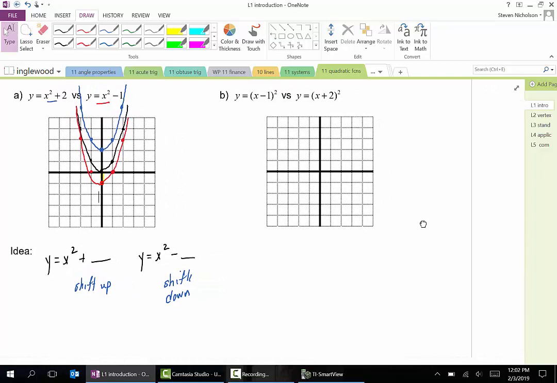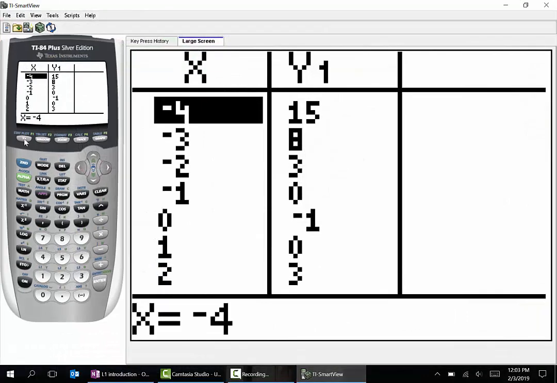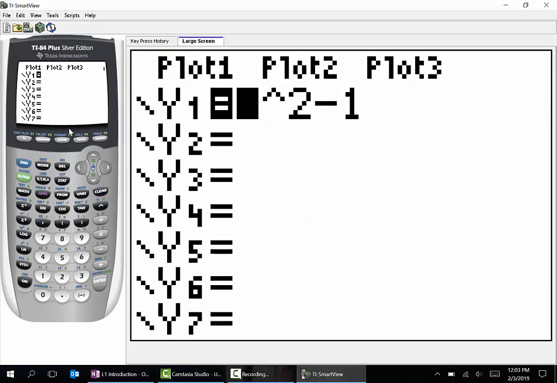Okay, let's have a look at what happens when you have two functions that look like this. Again, we're going to draw my simple y equals x squared. Here's our -1 comma 1, -2 comma 4, and what happens when we have it in brackets, x minus 1 squared. So we could make a table of values. We could plug in -2, -1, and 0, but I'm going to go to my graphing calculator, and I'm going to enter it, x minus 1